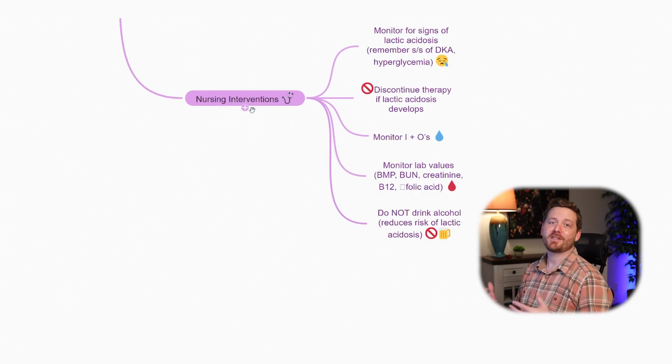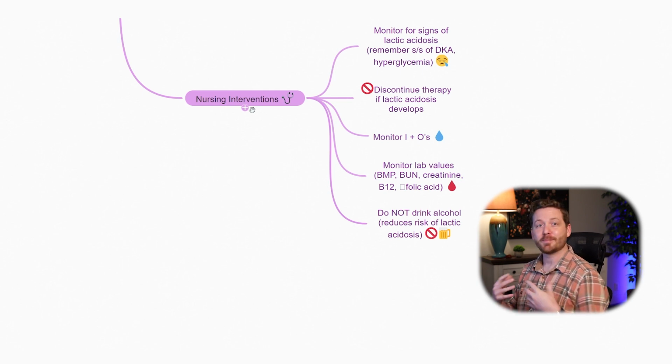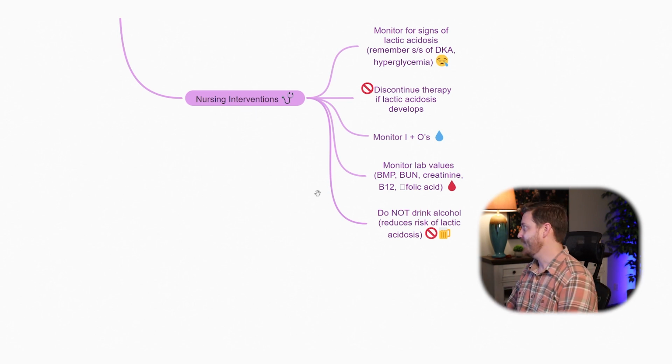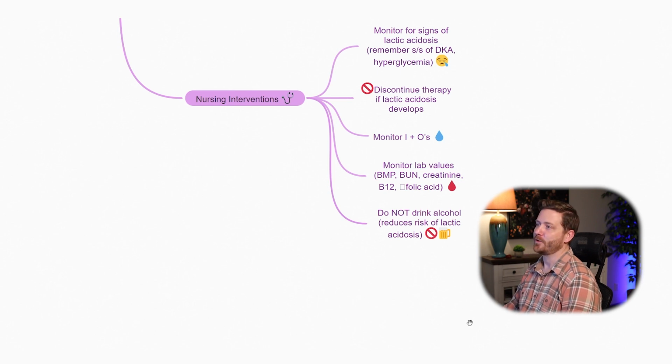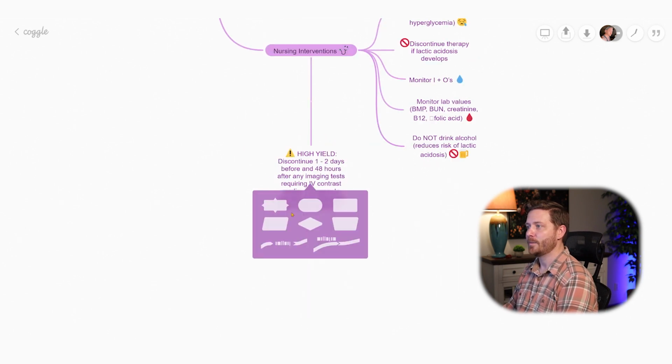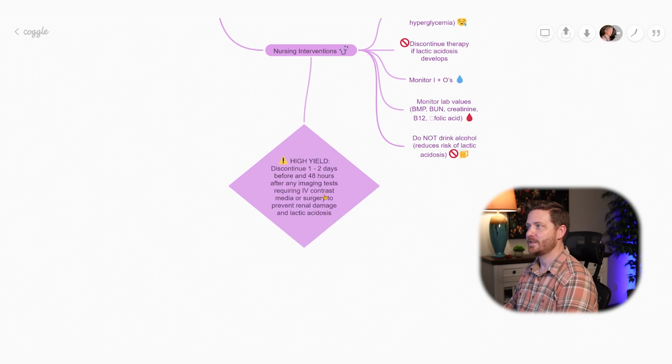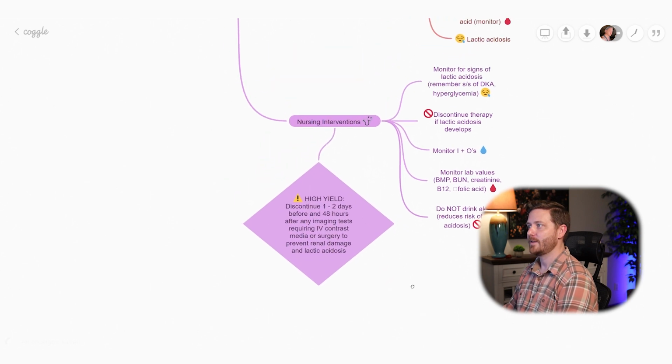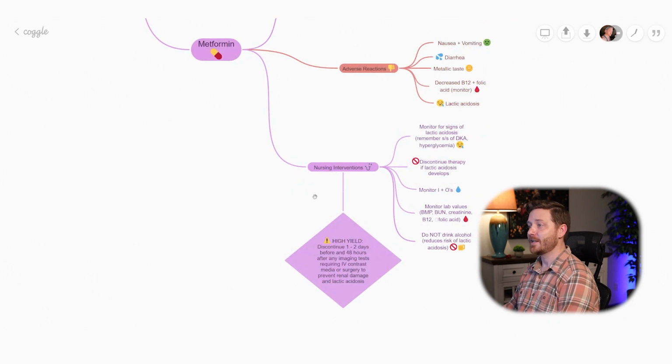All right, so I saved the best for last. This last nursing intervention is by far the most high yield fact about metformin that you're probably going to run across. And that is you need to discontinue this medication 1 to 2 days before and 48 hours after any imaging test requiring IV contrast media or surgery to prevent renal damage and lactic acidosis. So let's add that bad boy in there. I'm going to go ahead and put a box around this just to signify this is high yield right here. All right, this is going to let us know that we really need to commit this to memory